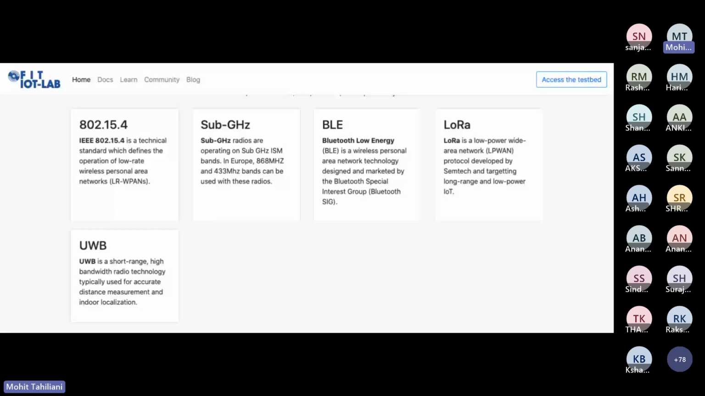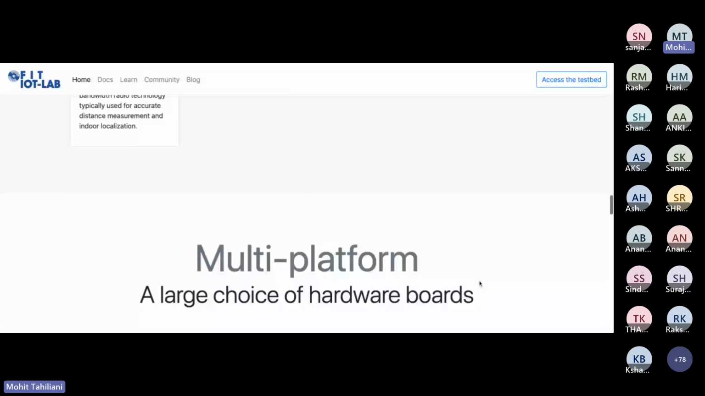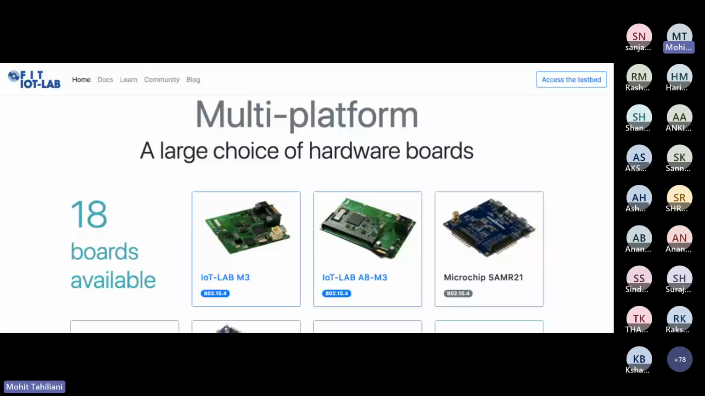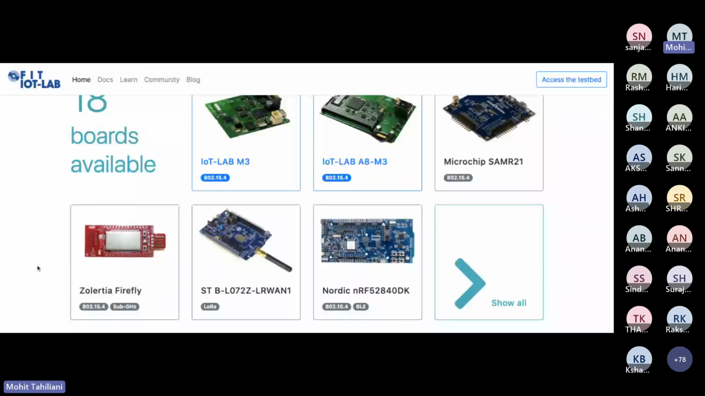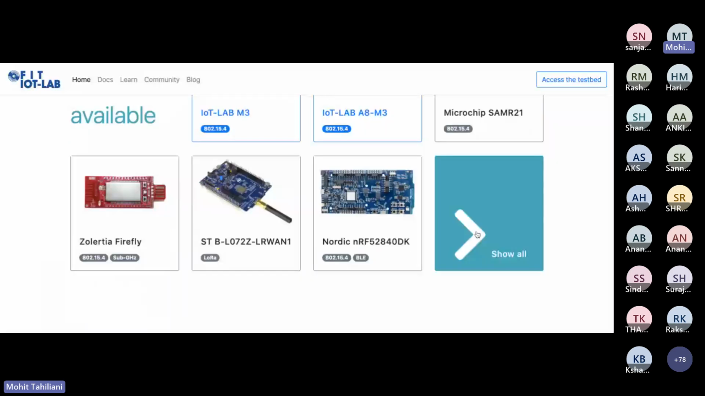and all of them are supported in this testbed. Quickly moving forward, how many platforms are supported? There are 18 different types of boards available. You can see there are microcontrollers available. Then there are these Zolarita sensors. And if you click on this button here, which I don't want to go to right now, I'll take you there later, Show all, it will show you all the different hardware that is supported, and more importantly, they have very